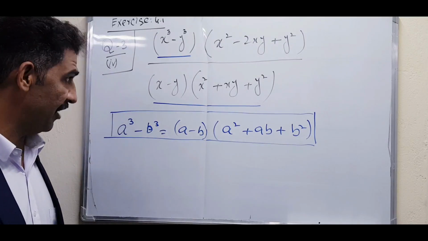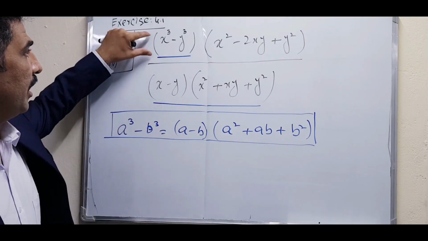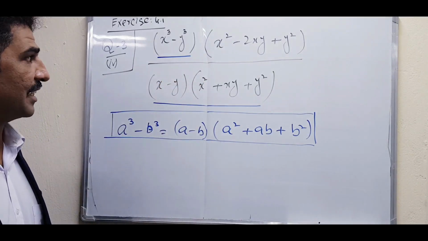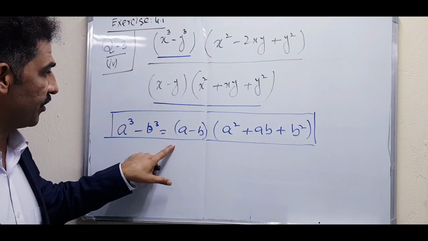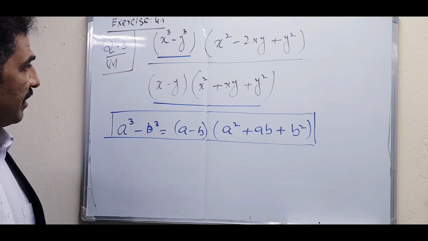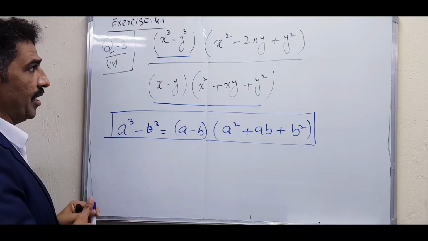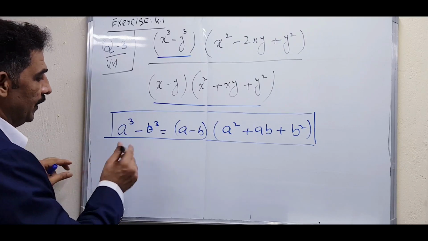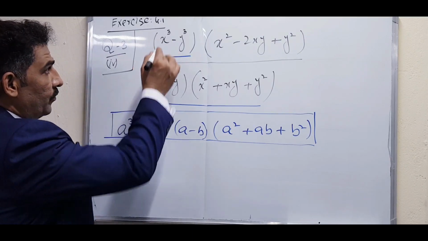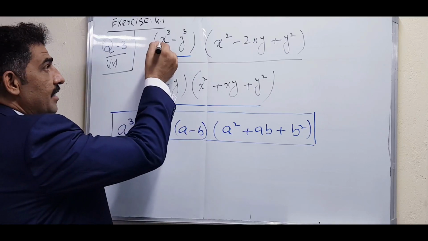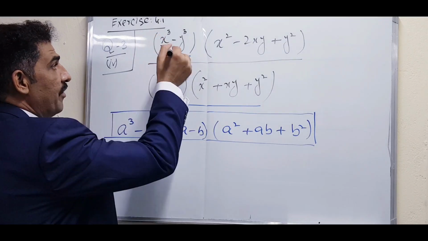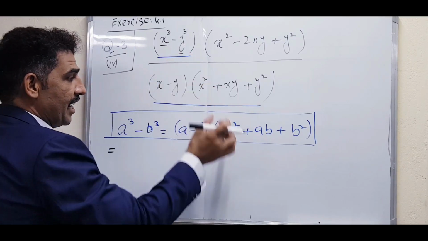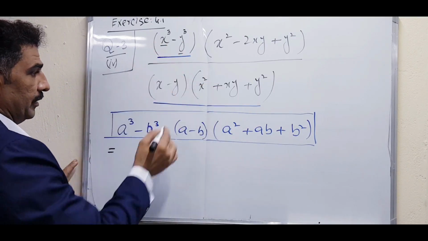But I advise that you apply this formula in the numerator, because sometimes one term cancels and the second term will not cancel. So we apply this formula in the numerator. You can see that when we apply this formula in the numerator, what will the fraction become? Assume x as a and y as b, and you have to write the right hand side by using this formula.